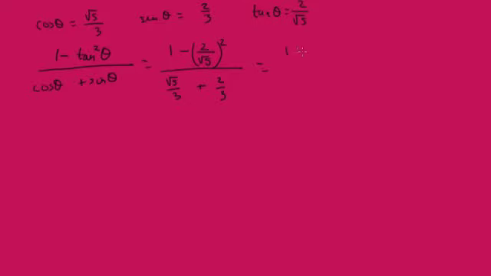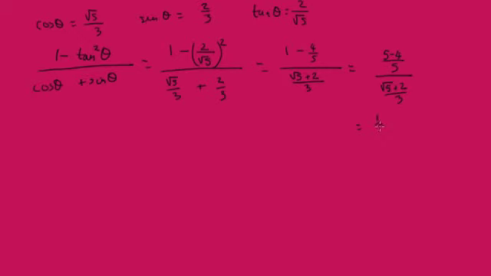So we'll have 1 minus 4 over 5 on the top, and on the bottom, we'll have root 5 plus 2 over 3. So that is going to be 5 minus 4 over 5 over root 5 plus 2 over 3,